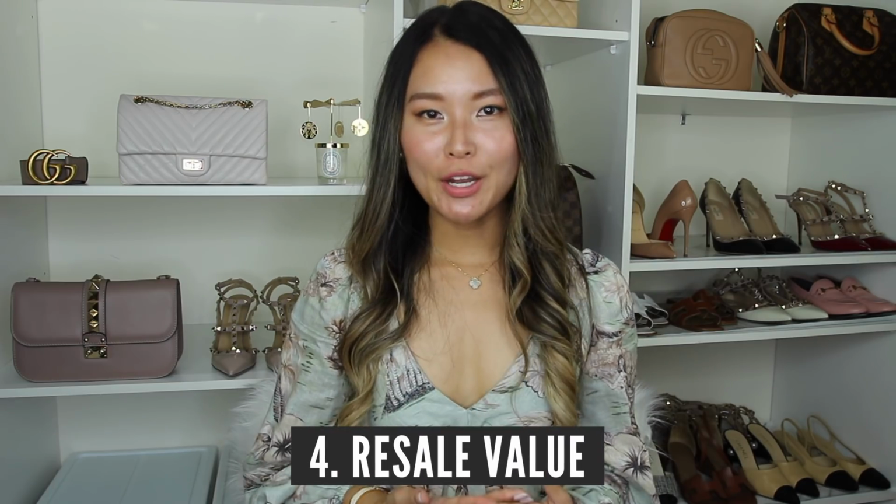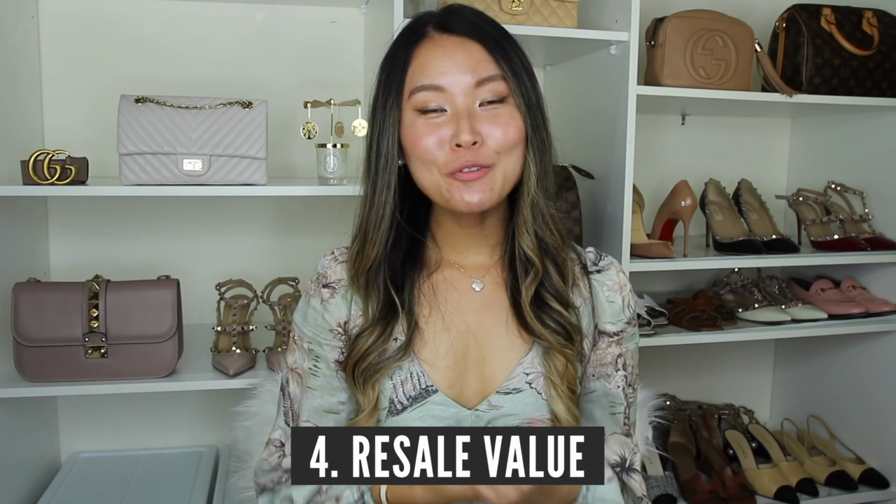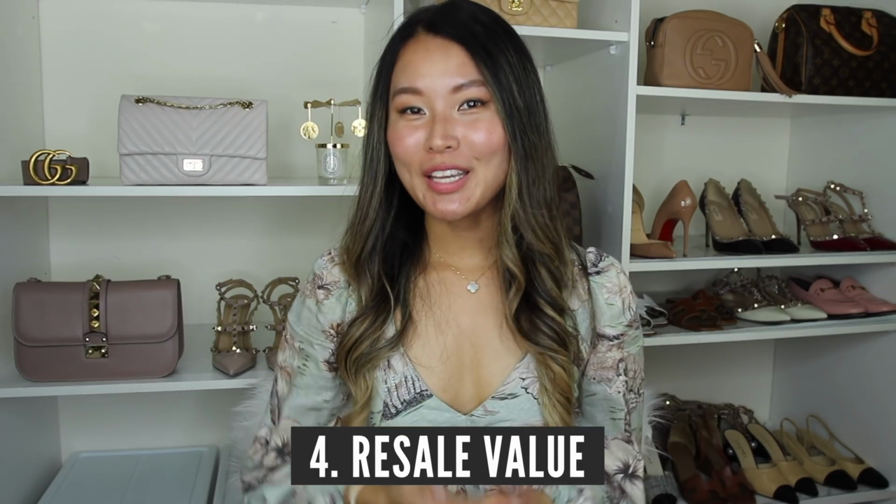And then the final thing I consider is the resale value of the bag in question. So if your bag has made it through all of the hoops and you're pretty sure on getting this bag, then the final point you might want to consider is, in case for whatever reason you don't like the bag after a few wears, whether you'll be able to get a decent amount of money back if you did decide to resell it. So this is definitely not the ideal situation, and it's not always a deal breaker, because if